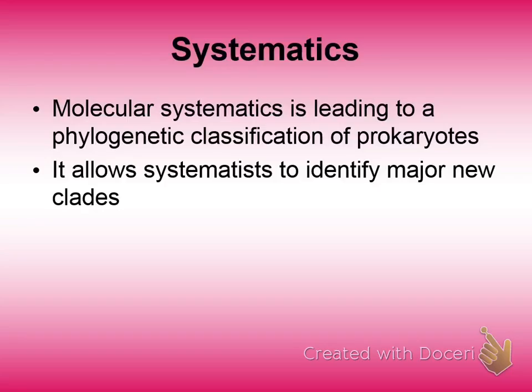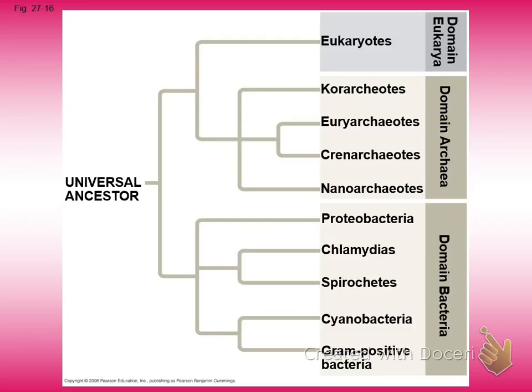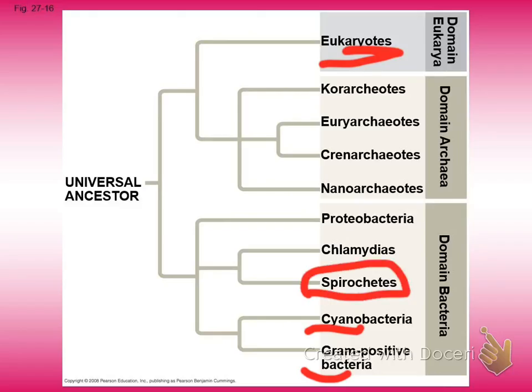So we have to look at these systematics, how we classify different organisms. Now, as Josh said the other day, we have somewhere in our past, and somewhere in the bacterium's past, a universal ancestor. Everything branches from that area, from that organism. So if you see up here, we have our nice little area for eukaryotes. This is us, right? We have gram-positive bacterium down here, cyanobacterium, spirochetes. Okay, those are nasty little things.